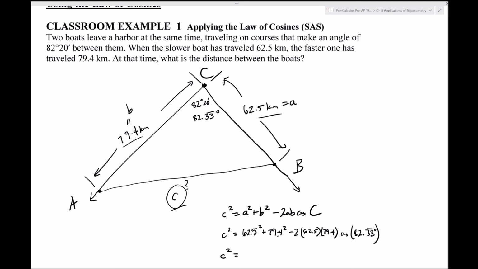So I'll just show you what the square is first, and then we square root it afterwards. So 62.5 squared plus 79.4 squared minus 2 times 62.5 times 79.4 times cosine, and make sure you're in degrees. Right now I'm in degrees. So 82.333333. I'm going to give as many threes as I can. And this is going to give me